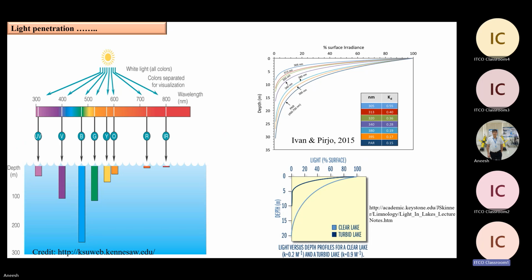And if your water is clear, then the slope will be less. So your KD, if KD is high, that means the water is more turbid. And if your KD is low, that means your water is less turbid. And from this KD, we can also estimate, like we know